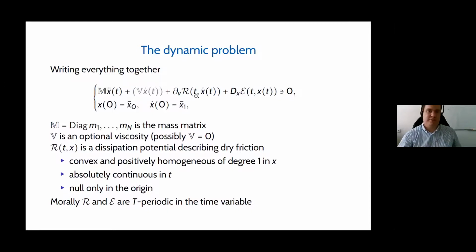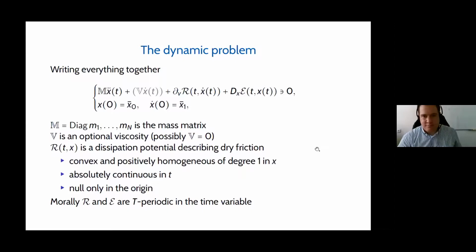So we also have to add a time dependence of the coefficient, and this dependence in t, we assume to be absolutely continuous. We can also add some viscosity. It's not a very big deal. For instance, you can have viscosity in the resistance to the movement of the block. You can consider viscoelasticity instead of elasticity in the links. It's optional. You can put it or not, for our models today it's exactly the same.